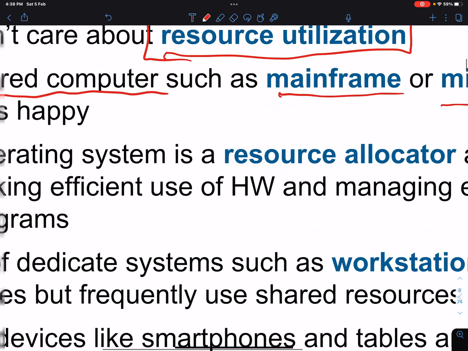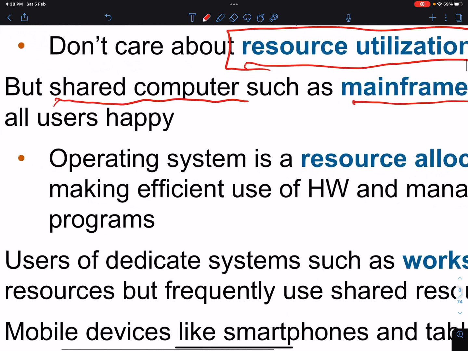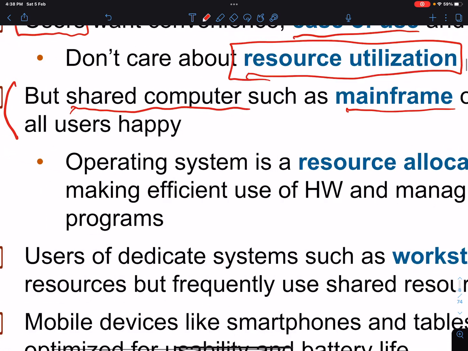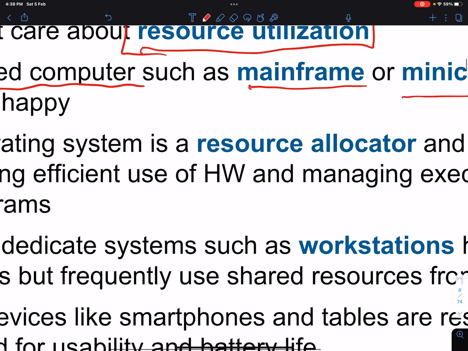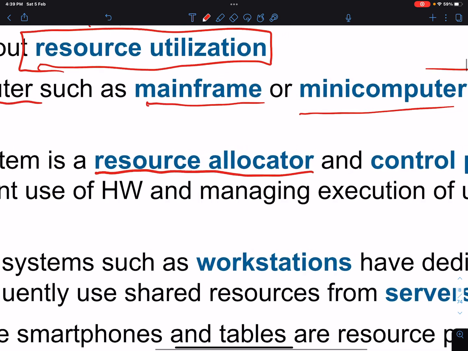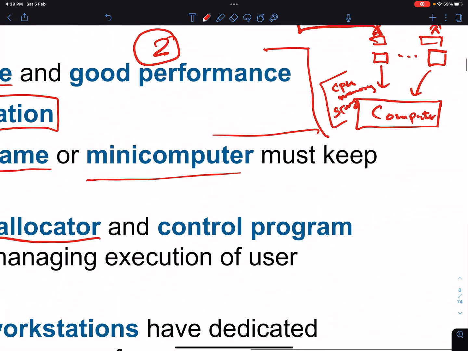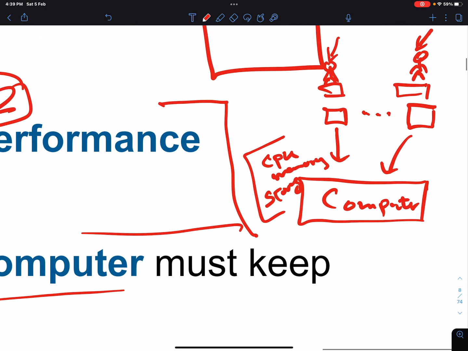All right? In order to achieve that, the operating system should work as a resource allocator. What does it mean? Well, the computer will decide that this user will have this amount of memory and this user will have this amount of memory.